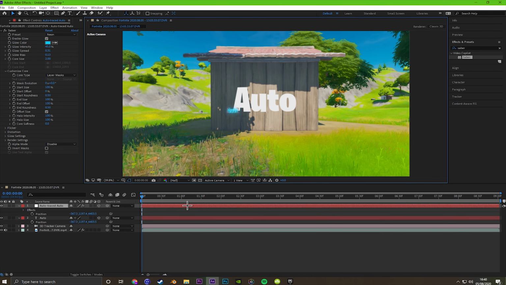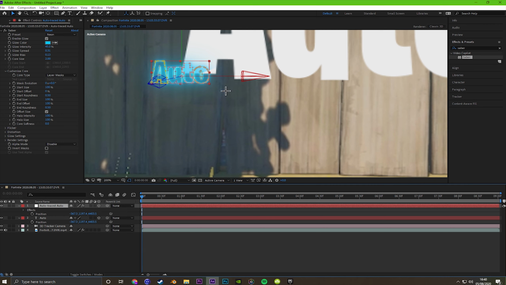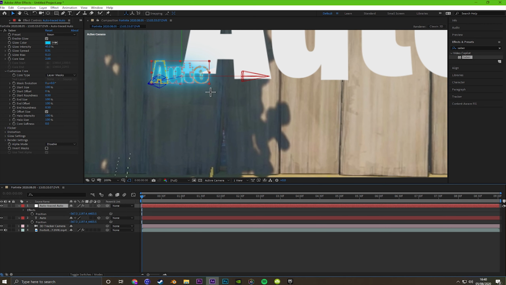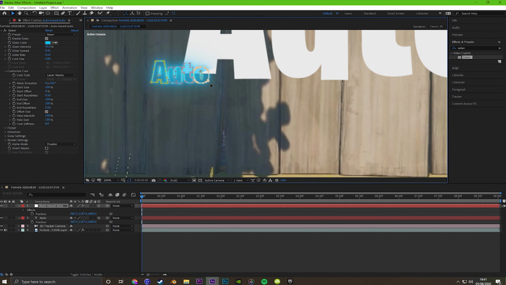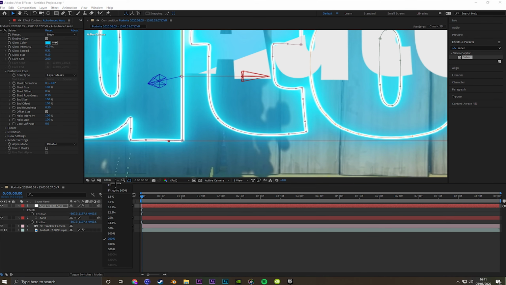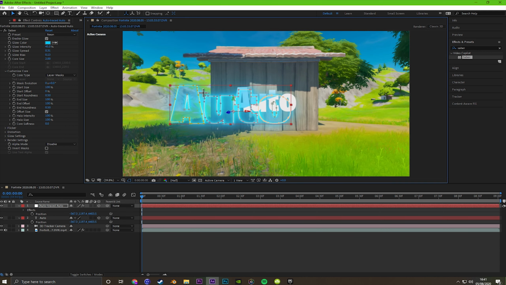So now what you want to do is you just want to click on that, zoom in, and you just want to make sure that you're not pulling any of the text. You're just going to try to resize it. Now, pulling is very common, like that. So you want to make sure that you're not pulling anything. Like that, that's perfect. So now, let's just go back onto fit, and that's perfect, right there, that's what we